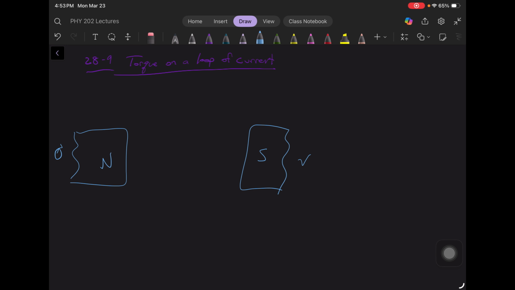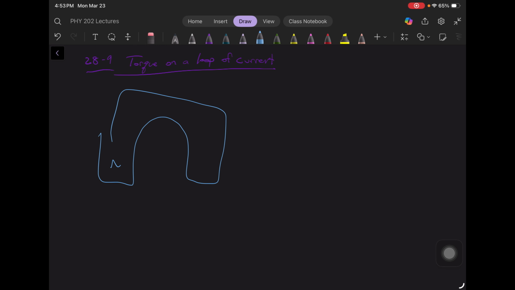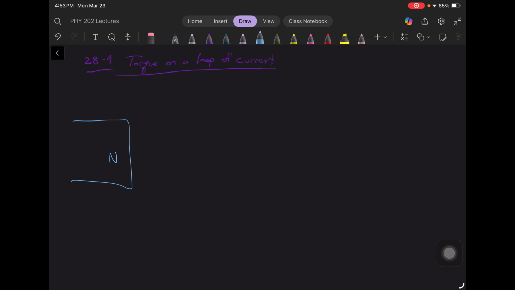Or if we want, we can make it like a horseshoe magnet. We could do one of these, but that's a pain, so we are just going to leave it as north over here, south right there. And so if we were to draw the magnetic fields,